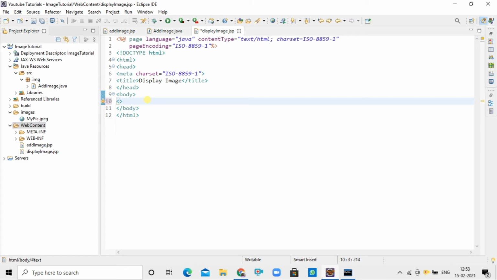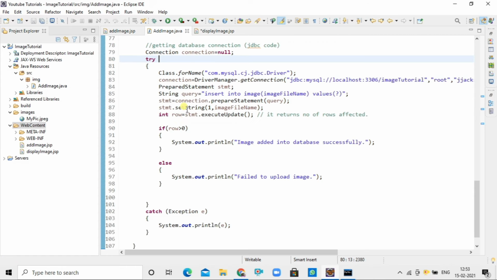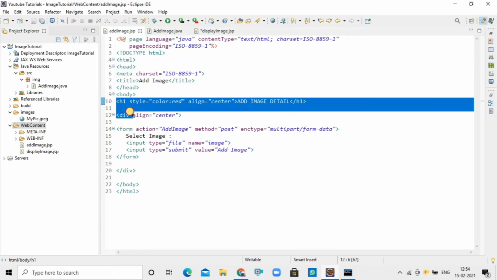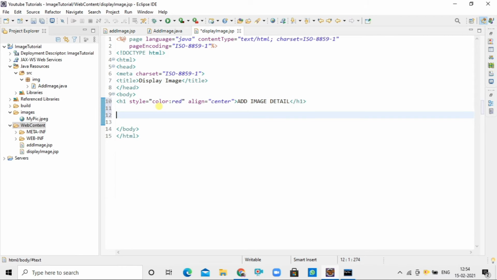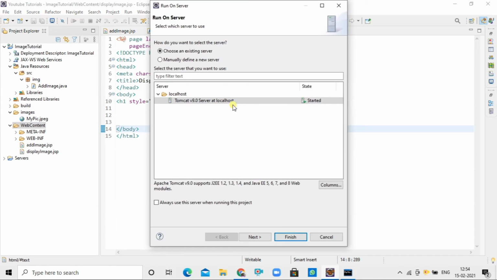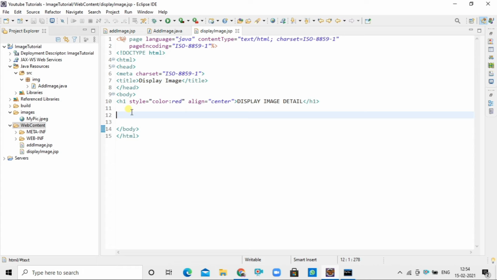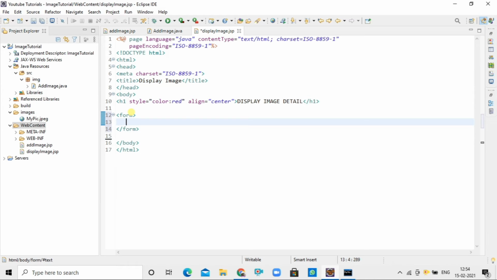Making the header like Display Image Detail. Since here I want to display the image based on image ID, here I will make a form and inside it I will make an input field which will take the image ID.